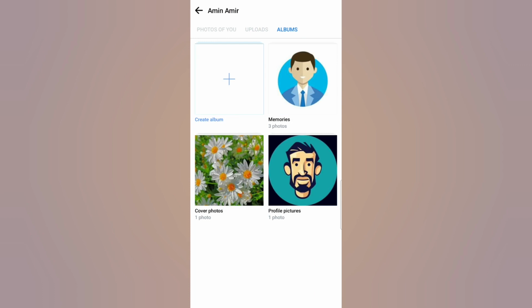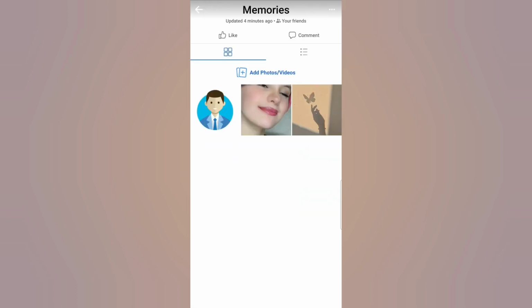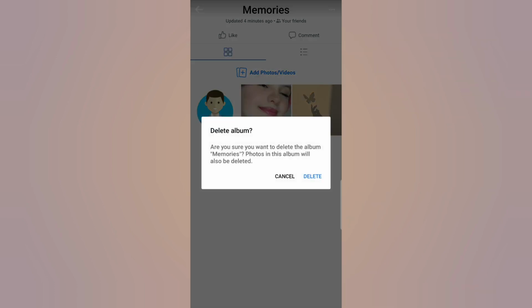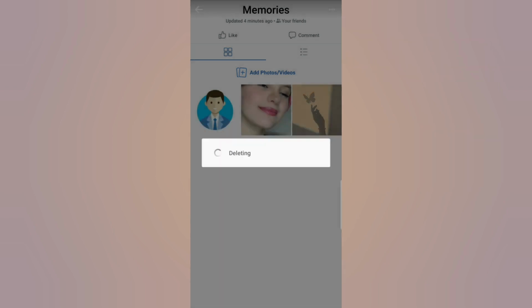Say for example I wanted to delete the album that named Memories. Click on it, and once you're there, click on the three dots at the top right of the screen and click on delete. A pop-up window will appear that asks you, are you sure you want to delete this album, and all of the photos will be deleted. Click delete to confirm,